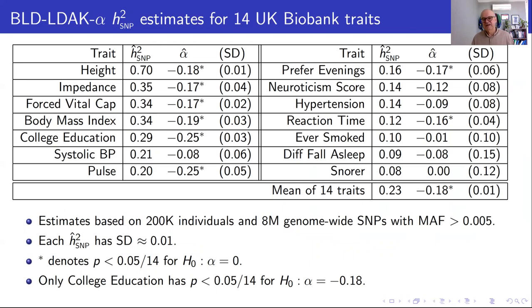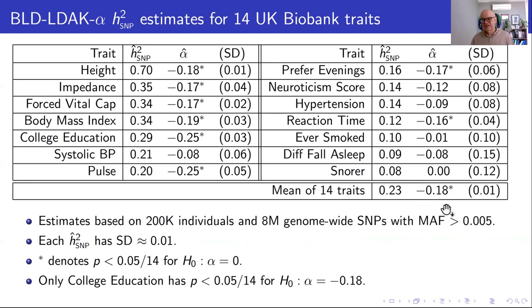Here are some further updated estimates of heritability and this alpha parameter, which is interpreted as a measure of selection. And we're improved. This is including more data here and including more SNPs down to 0.5% frequency. And so now that -1/4 estimate of alpha has changed a little bit to -0.18, our best estimate with the low MAF SNPs.